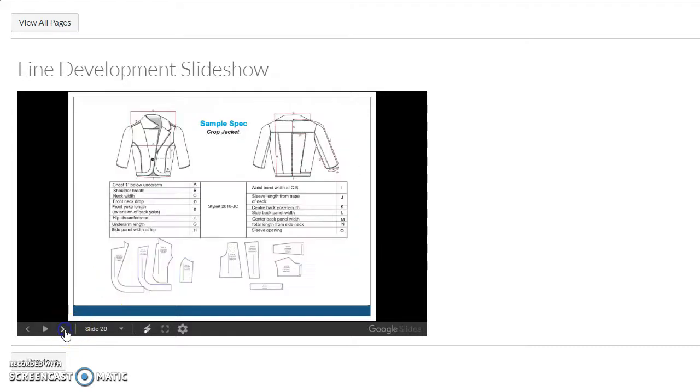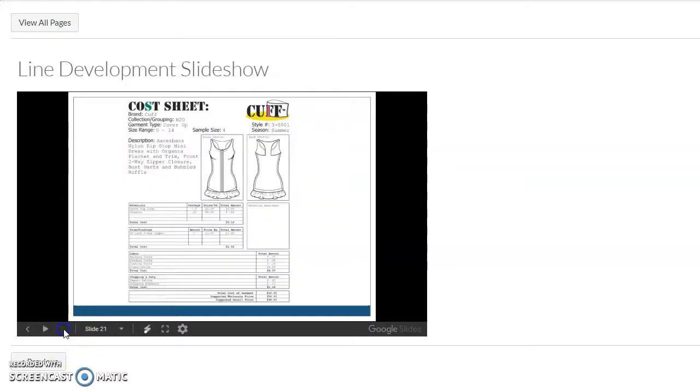Okay. All right, this last slide is what we would call a technical flat. So this is what you would send to the pattern maker, and they would take this information, they would make their pattern pieces based on size off of this flat, and then the seamstresses would sew it together based on that. Okay. Oh, sorry, this is the last slide, and that's the cost sheet, and I'll do another video on that at a later date also,